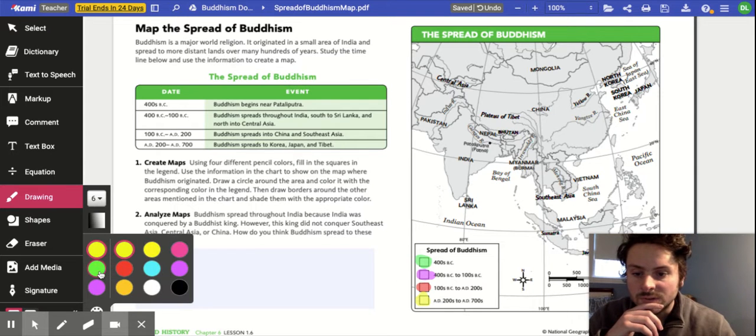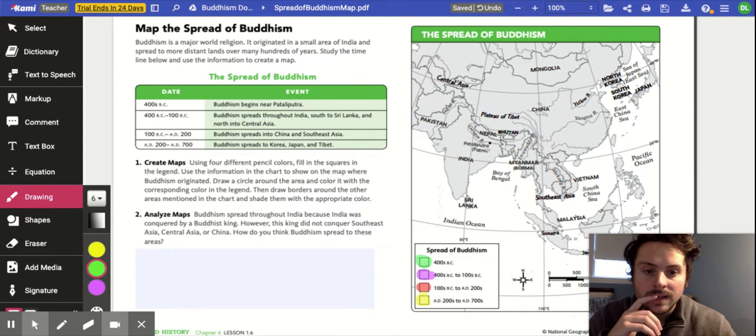So going to go back to our green option here. And it says 400 BC, near Palaputra. So we'll just get some of the area near there. Draw a nice little circle. This is where it starts. Then our next one, we'll switch over to purple. This spreads